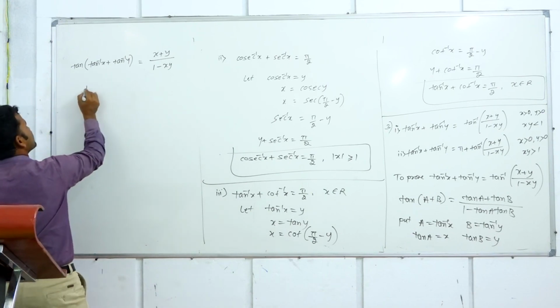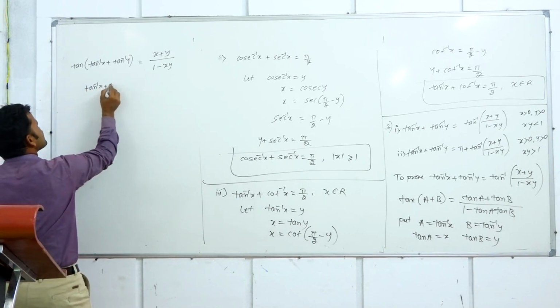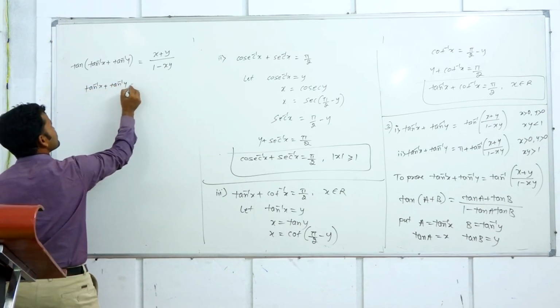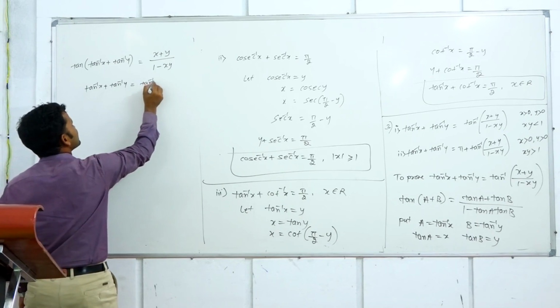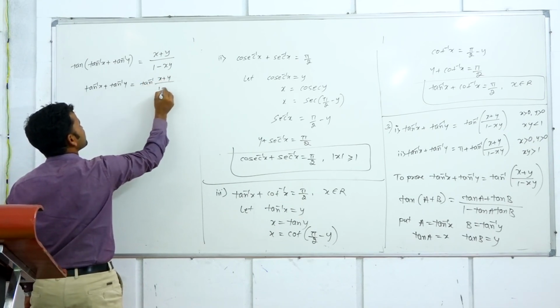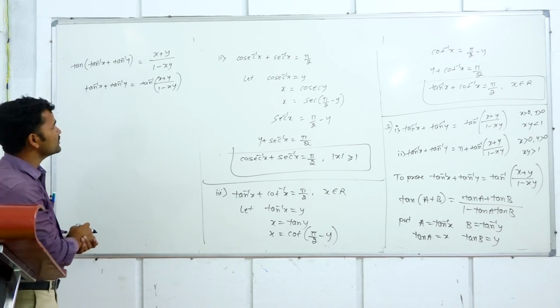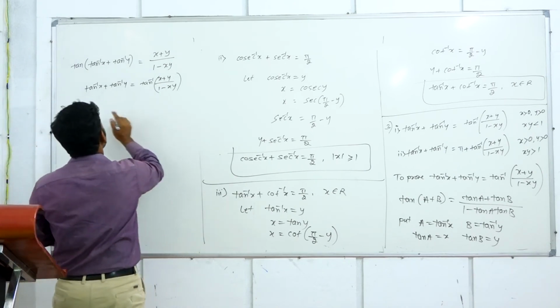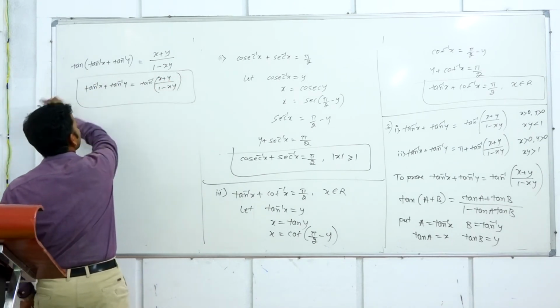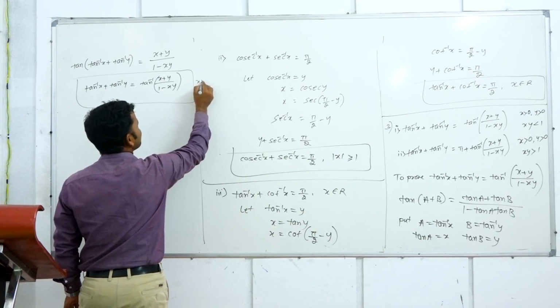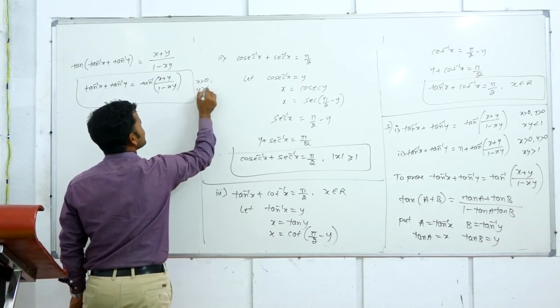So we have tan inverse of x plus tan inverse of y is equal to tan inverse of x plus y by 1 minus x into y. Okay, this is the formula we should use only when x value is greater than 0, y value is greater